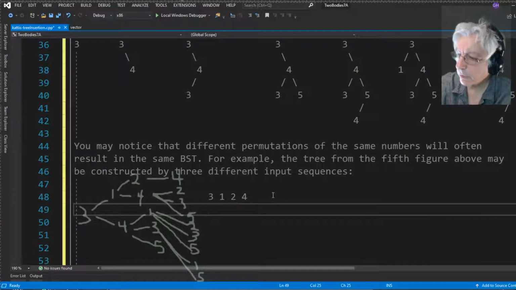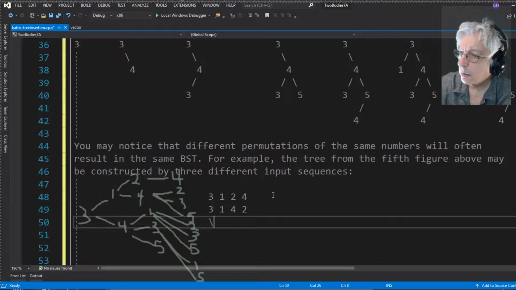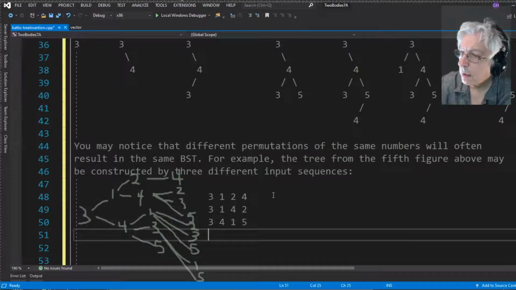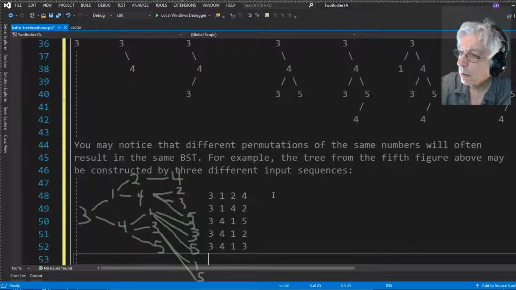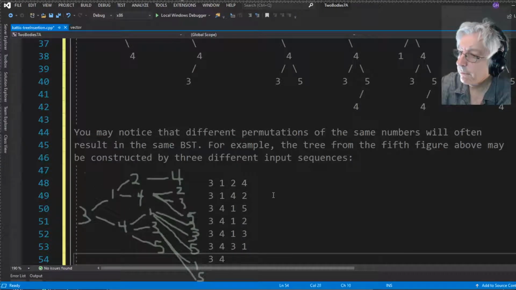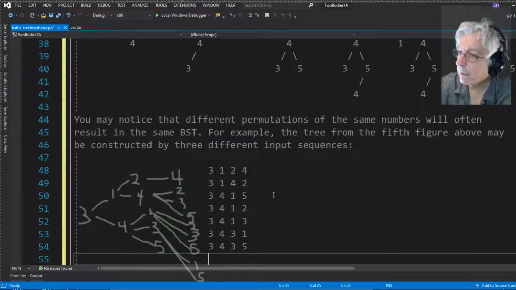Or 3, 1, 4, 2, or 3, 4, 1, 5, or 3, 4, 1, 2, or 3, 4, 1, 3, or 3, 4, 3, 1, or 3, 4, 3, 5, or